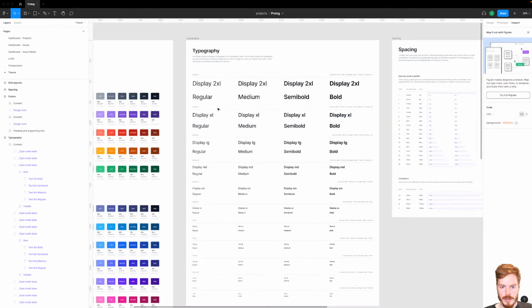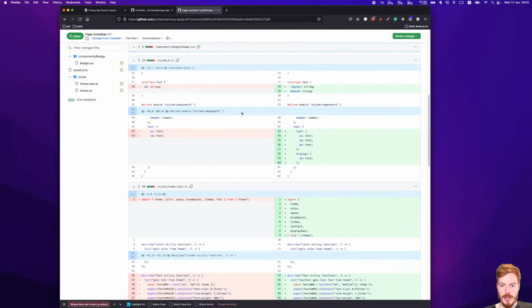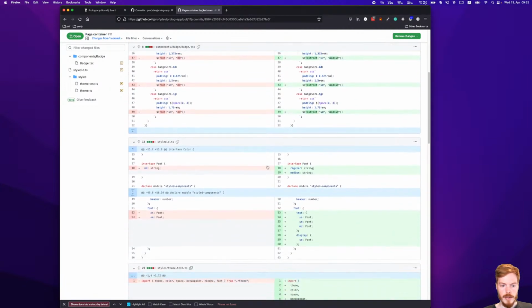I'm not sure if this actually is so smart to make the separation, but here the designer has text fonts, which are the small ones, and then we have display fonts. I think these are mostly for headlines, and these are for regular text. For now I just went with that and created basically separate objects here. One is for text and one is for display. And this is a new change that I introduced in the page container. But the problem was that I also changed the same